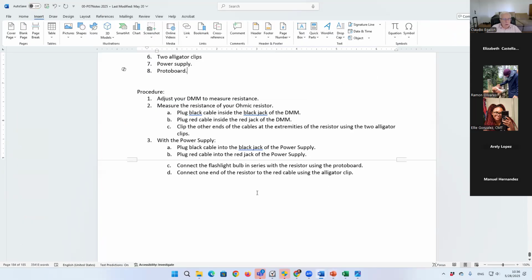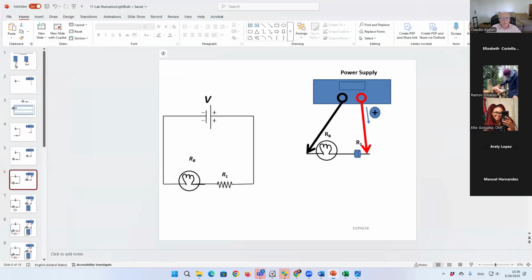Okay, so here we go. Connect one end of the resistor to the red cable using the alligator clip. Connect the black cable. Getting hot here for me. Black cable to the other end of the flashlight bulb. Okay? And now we have our circuit,